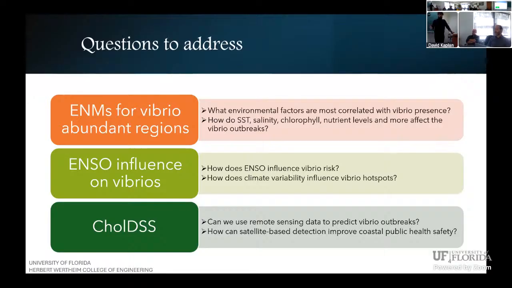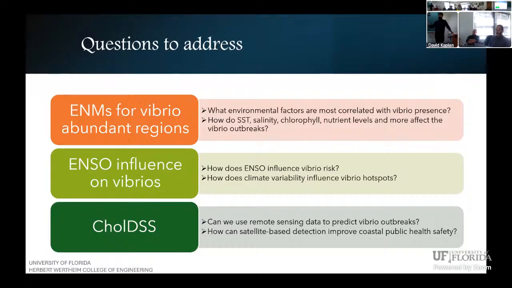So let's say Vibrio vulnificus needs a temperature between 25 to 28. Vibrio parahaemolyticus needs a temperature from 25 to 28 degrees centigrade, and salinity between, let's say, 10 to 30 parts per thousand. So we will be highlighting those areas which have these environmental conditions, and based upon that, we can predict a potential outbreak of that Vibrio or of that disease.